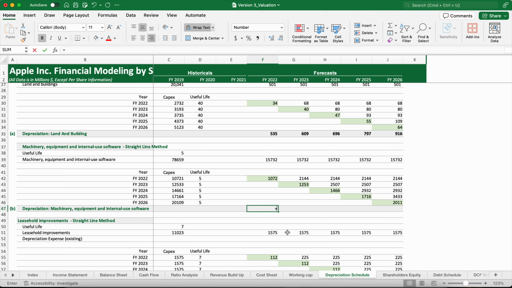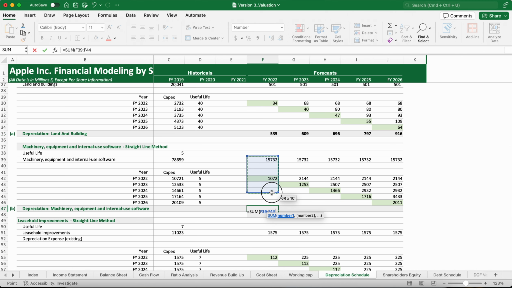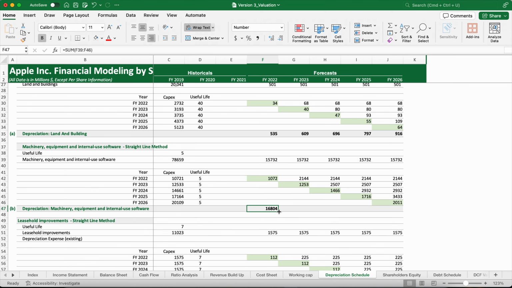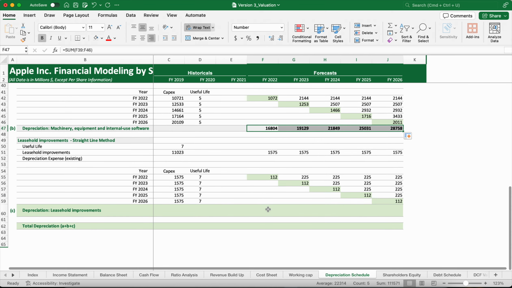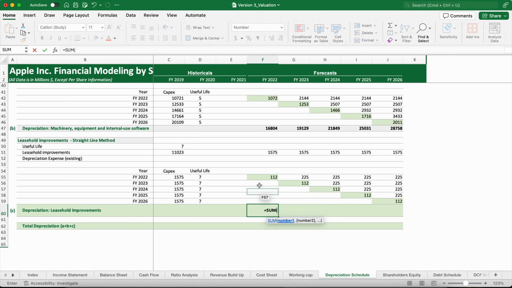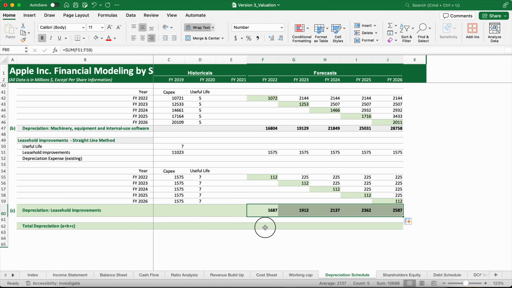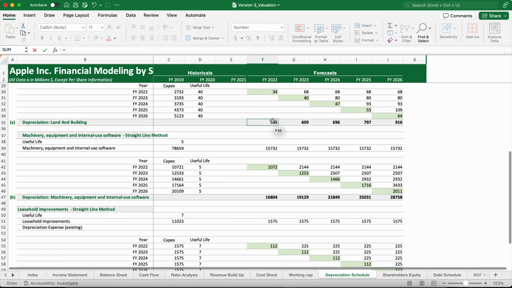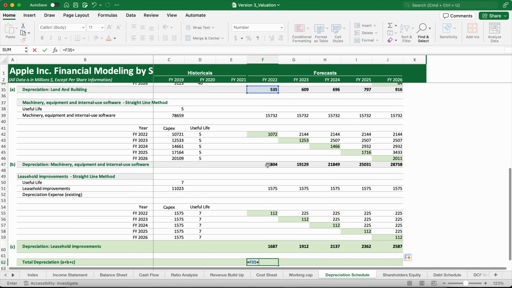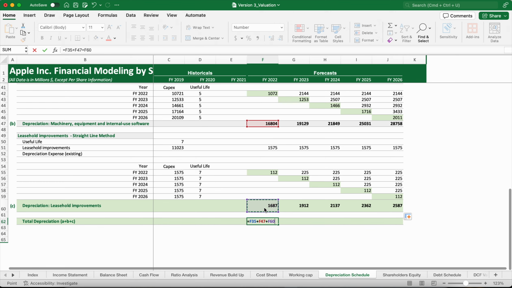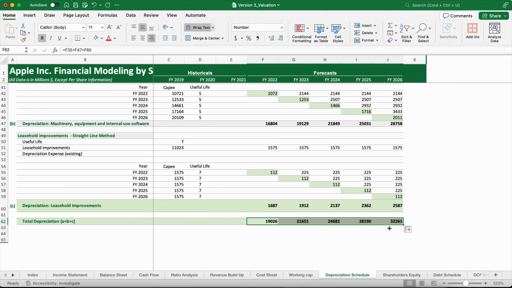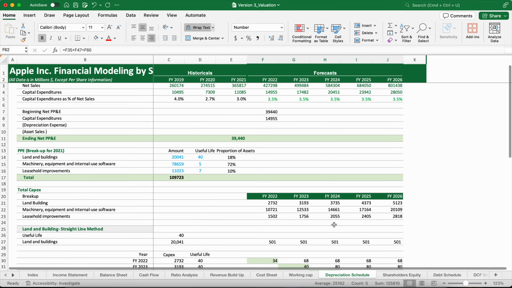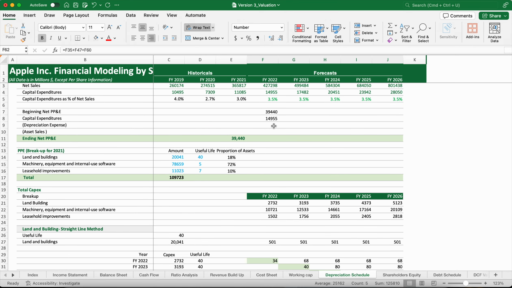Same for the second asset. You sum up the previous depreciations and then flash fill up to this, and then finally here you take the sum of this and then close and then do the flash fill, and the total depreciation comes to be the summation of the three depreciation of the assets. So we take this value plus this value plus this value. So that's how we get the depreciation, and so we can actually now